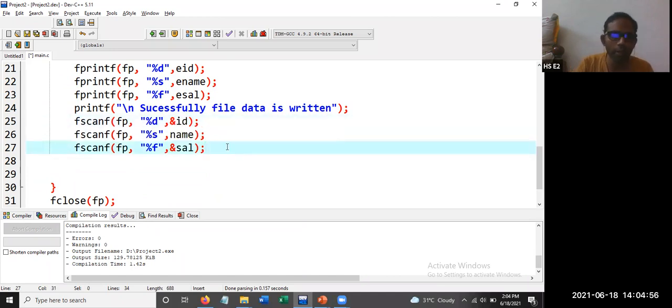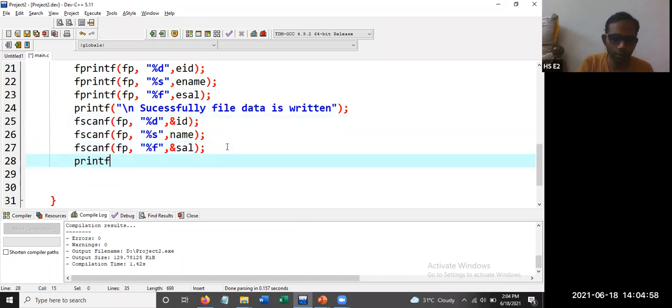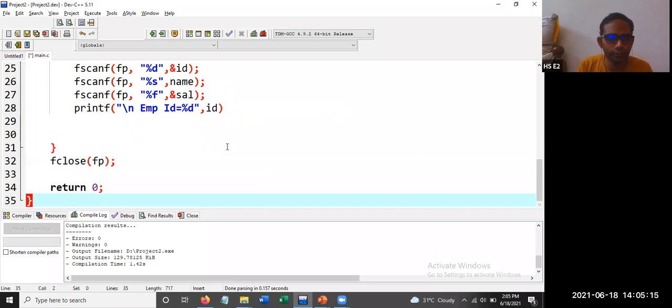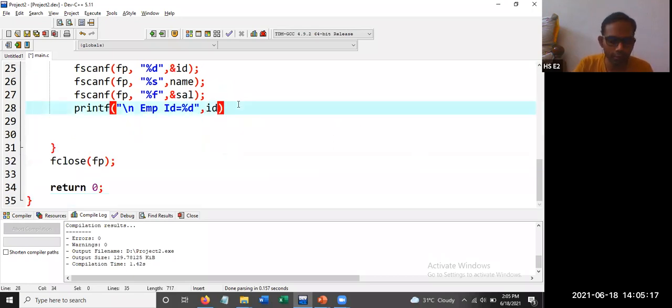So we want to print them. So printf, on the screen we are printing now, \n employee ID is equal to %d, comma, then id.